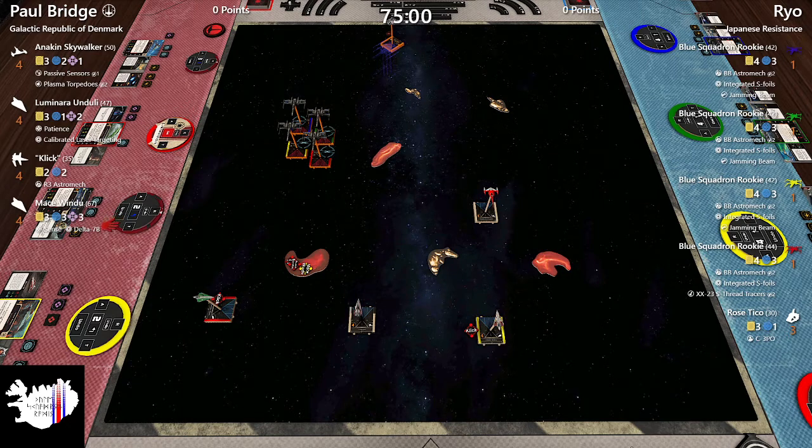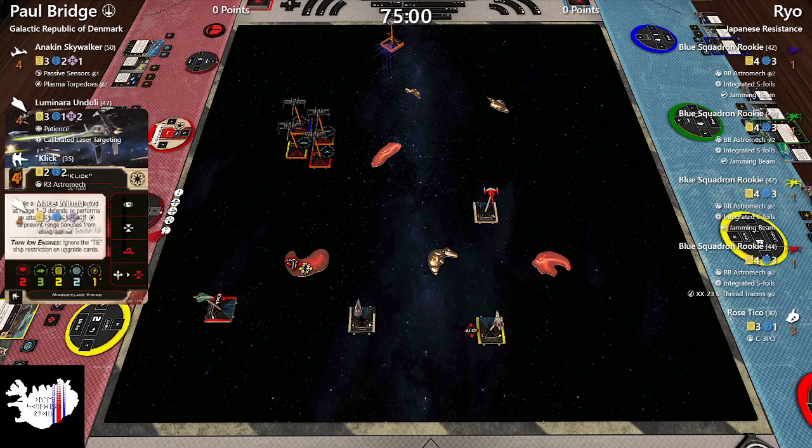Oh, hello, Click. Click has made some interesting choices in his life. Yeah, Click should probably take a defensive token about now. Did Anakin move? Yeah, Anakin did a 3 bank. Looks like he forgot his evade. It doesn't matter, he's not getting shot. But this is interesting. At this point, assuming Luminara doesn't do a 1 hard,